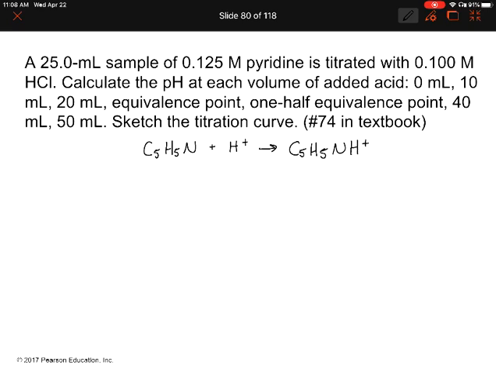So in this half equivalence point, we're going to have equal amounts of our weak base and our conjugate acid. So what this means is we are going to add half of the amount of strong acid. All right. Now, the other thing that this tells us is if we have a look at the Henderson-Hasselbalch equation,